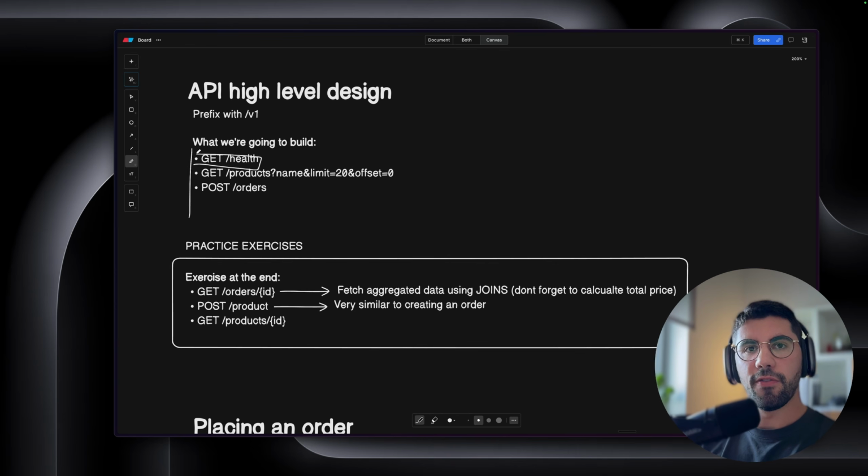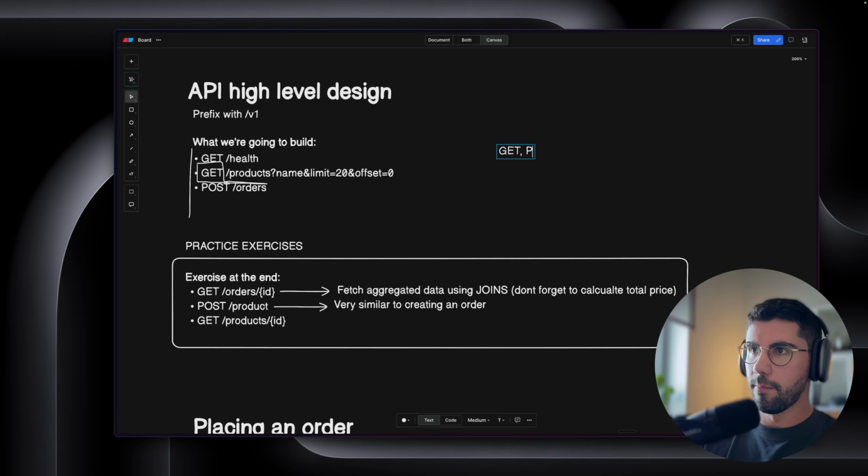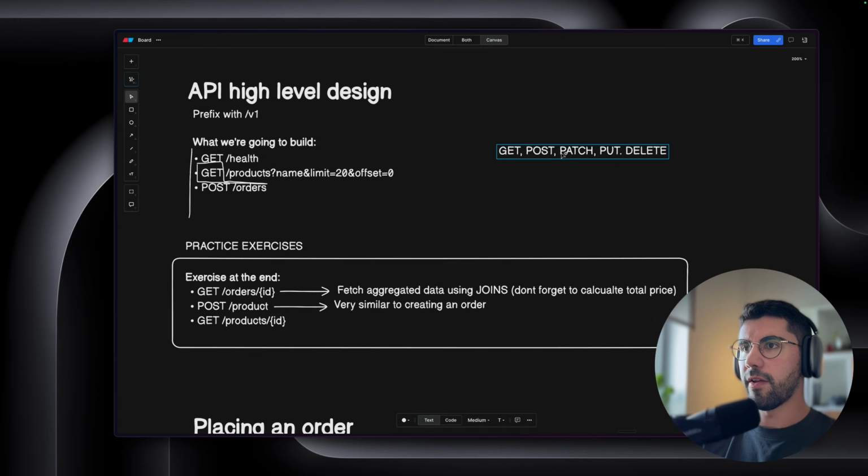For example, just a health check. So this is going to check if our API is healthy, pretty standard. And then we're going to build, for example, these endpoints, which is going to get. So this is a get method on HTTP. So there's get, post, patch, put, delete, and whatever action we're going to do to our API, we're going to